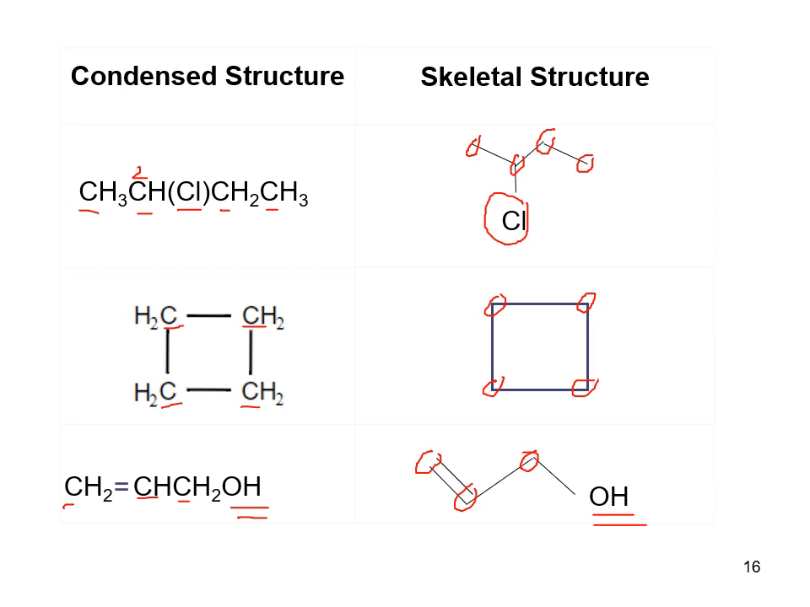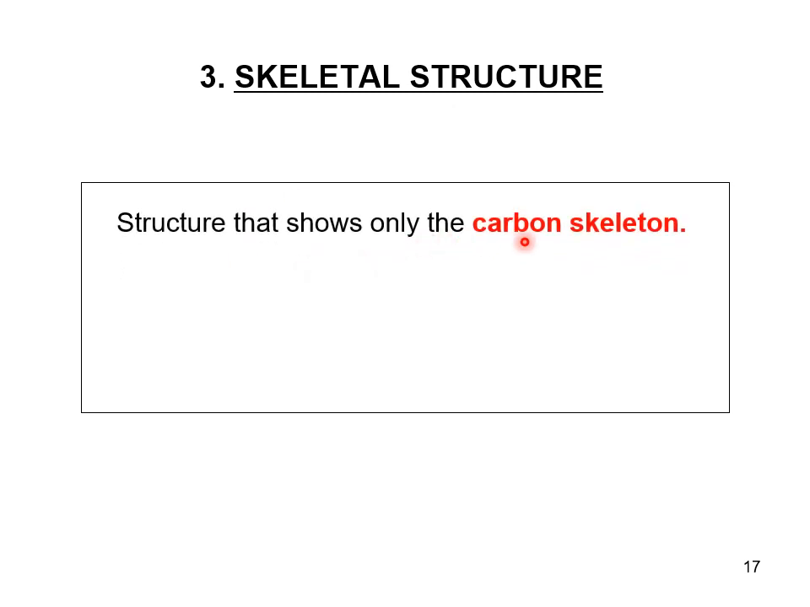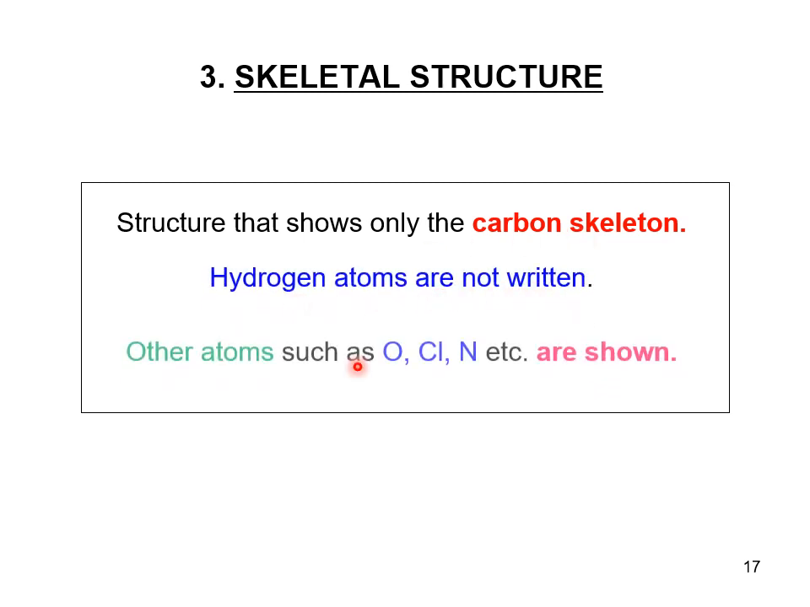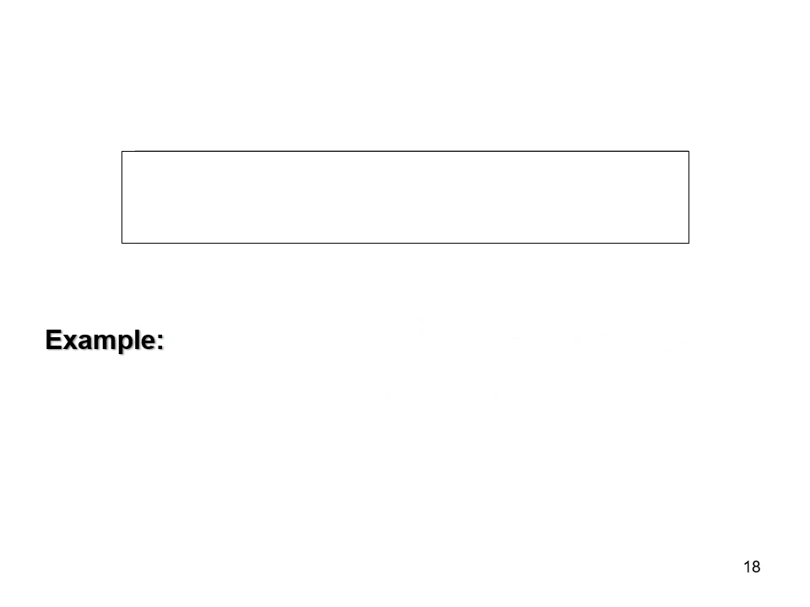That's why the skeletal structure shows only the carbon skeleton. Each point or each tip equals one carbon atom, and hydrogens are not written. Other atoms, oxygen, chlorine, nitrogen, etc., are shown. And one more important thing is you must show the double or triple bond. Just now what we learned is two-dimensional. Now we go for